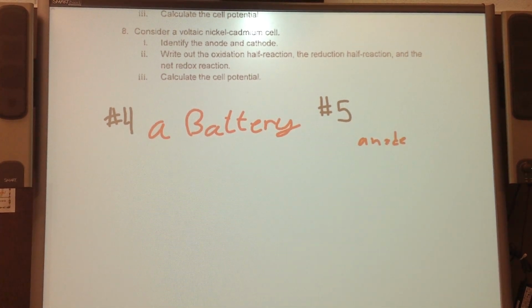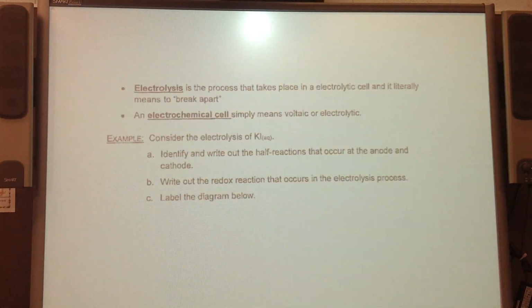Okay, so electrolysis, we've heard this term before. This is an everyday word in our vocabulary. Electrolysis takes place in an electrolytic cell, and it means to break apart. It's not to be confused with an electrochemical cell. They're not interchangeable. Electrochemical cell simply means you're either going to be looking at a voltaic or an electrolytic cell